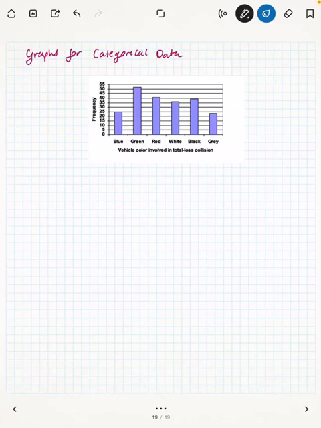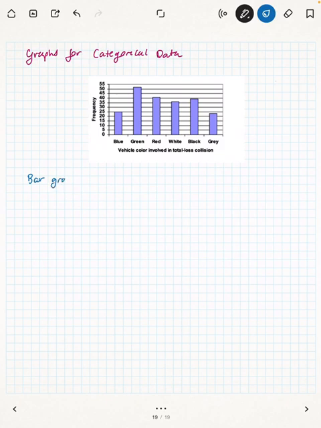Let's get into graphs for categorical data now. So now that we've talked about how to organize categorical data, we'll explore a few ways of displaying these data. This example, just taken from an example in a different textbook, represents categorical data where each data point is the vehicle color involved in a total loss collision, presumably from insurance information. The way that this bar chart